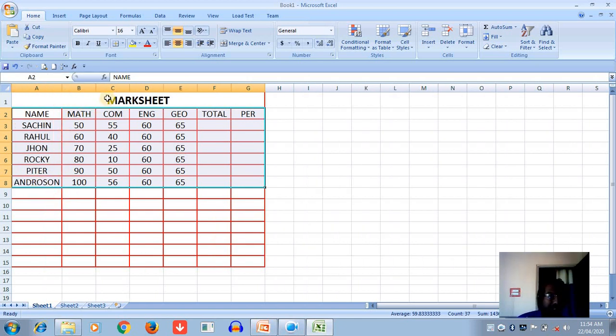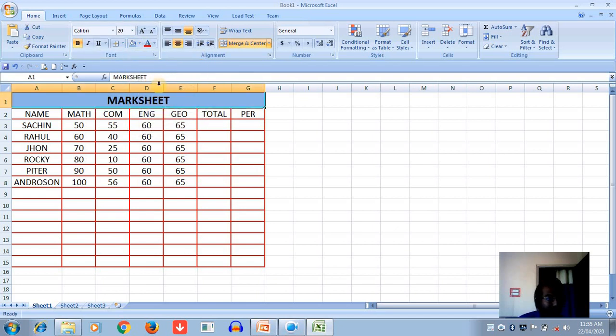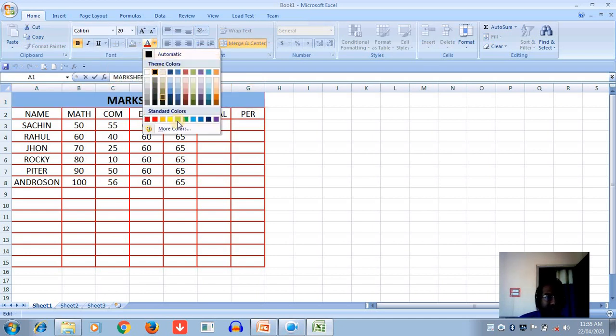Okay. Now we can also change the background color of the cells. So we can choose the color options, background color. If you first select here and give the background color. Okay. As well as you can also change the text color. Here the text color is also present, so we can also give the text color.